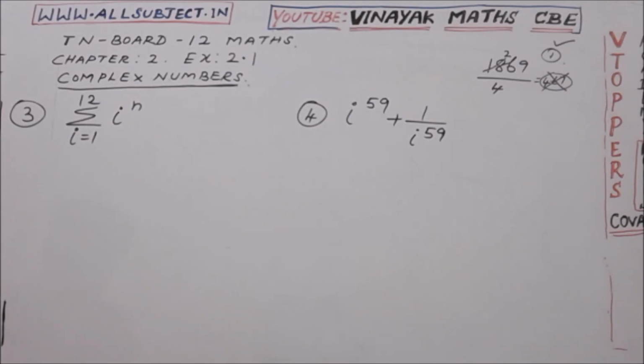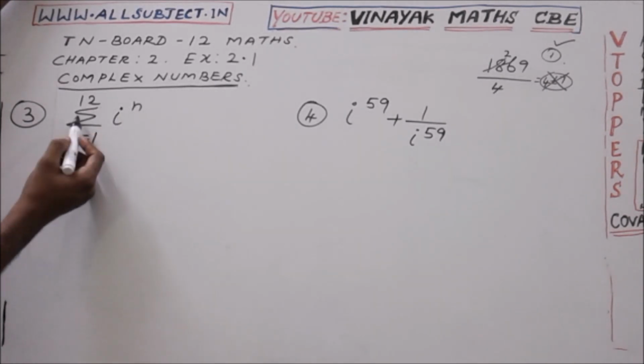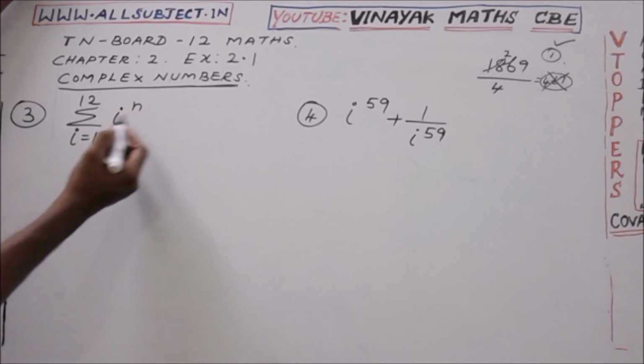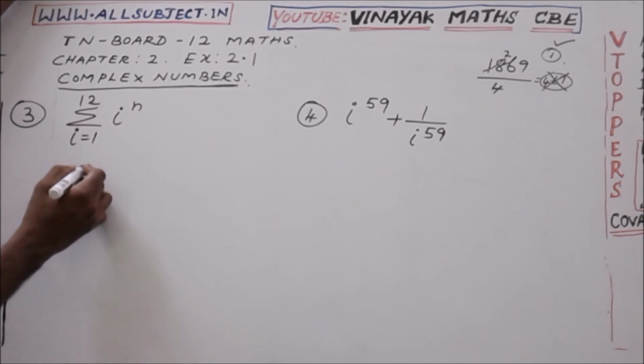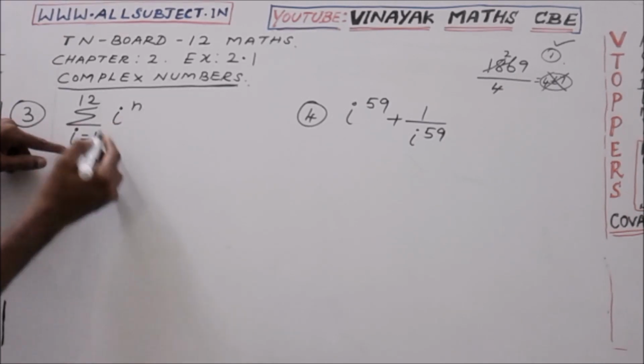Question number 3. Simplify the following: the sum of i^n, with n equal to 1 to 12, is given. This means substitute n equal to 1 first, then the summation appears, plus, then substitute 2, i squared, then substitute 3, plus etc. It will be expanded as i to the power 1, start with i to the power 1, then the summation is given plus, then the next